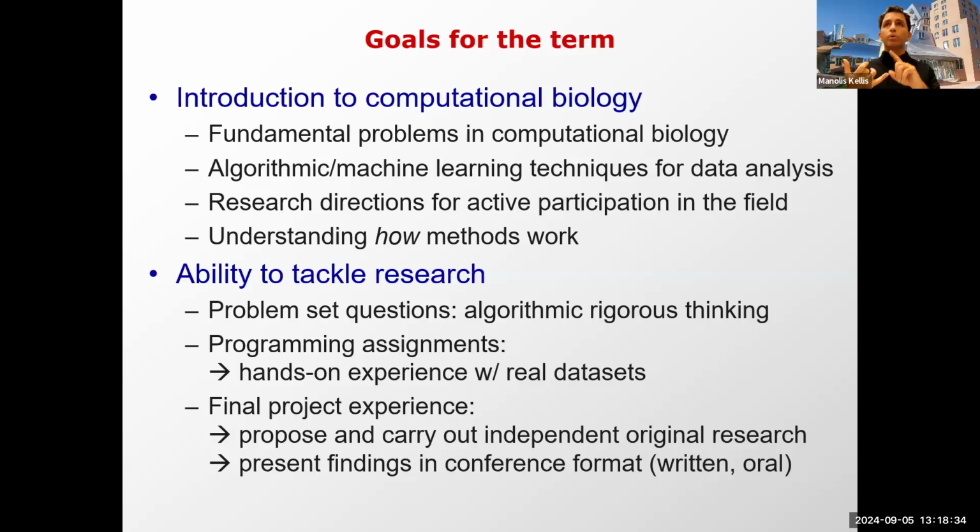Goal two is the ability to tackle research. So we're going to be going through milestones for a final project that will allow you to build on the frontiers of the literature, usually with papers that were only published weeks ago, if not, in a year or two, because they're already on bioRxiv and you can download the data. For that, we're going to have problem set questions that introduce you to labs with real code from real papers that push you to the frontiers to be where the papers are now. And some components of designing a part of an algorithm that you're going to have to then code up and see how it runs, etc.